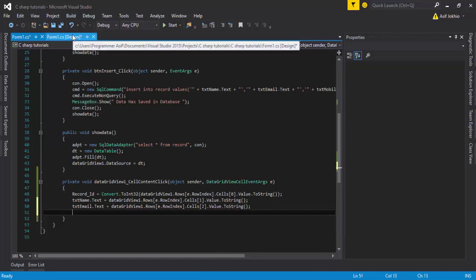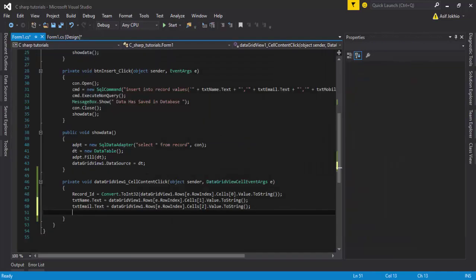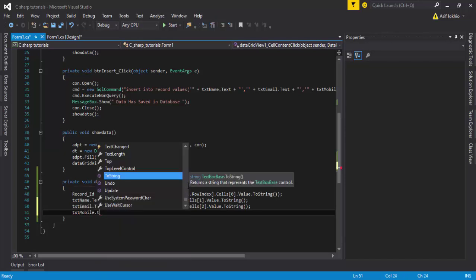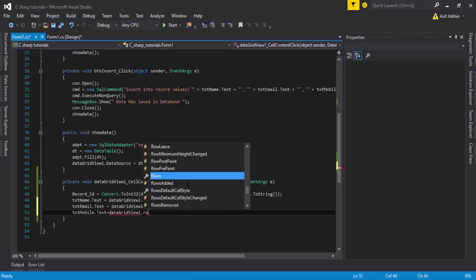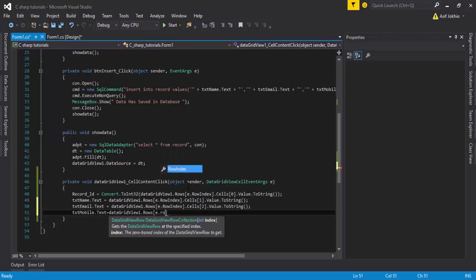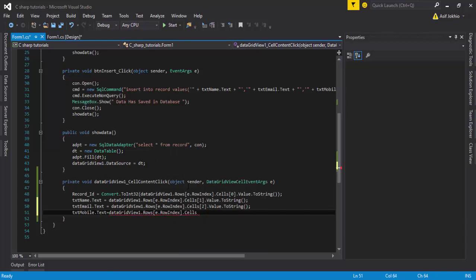And finally we call the third text box name txtMobileNumber dot Text, and assign the dataGridView Rows e.RowIndex dot Cells, cell number is 3, dot Value dot ToString,